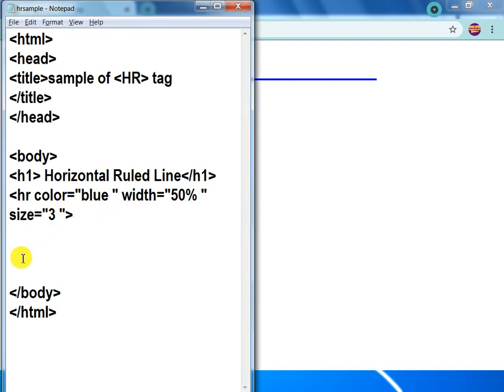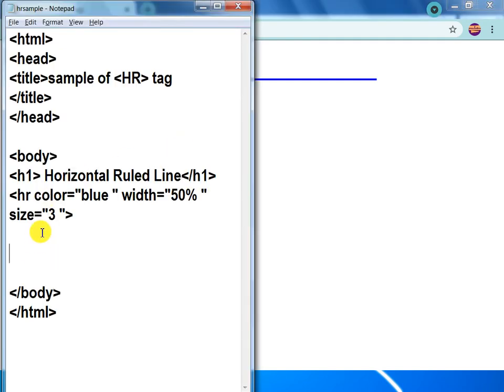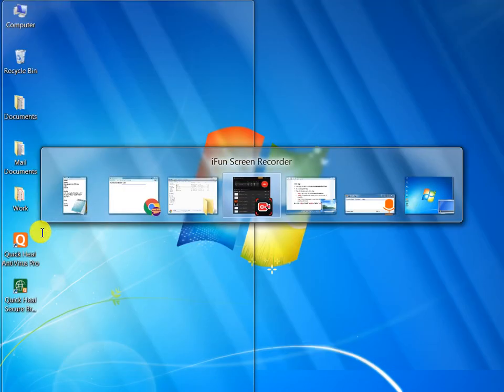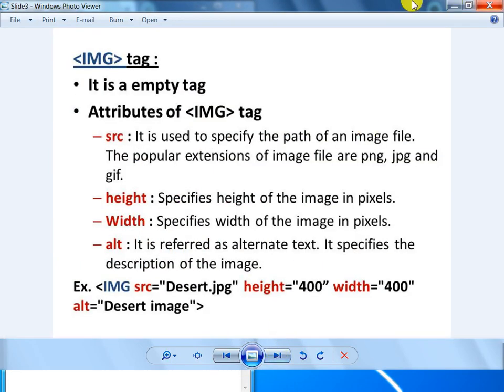Now we add one image to our web page by coding. The IMG tag is the tag used to insert an image. See the next slide, that is the IMG tag.